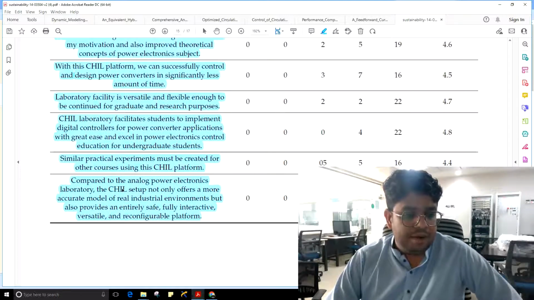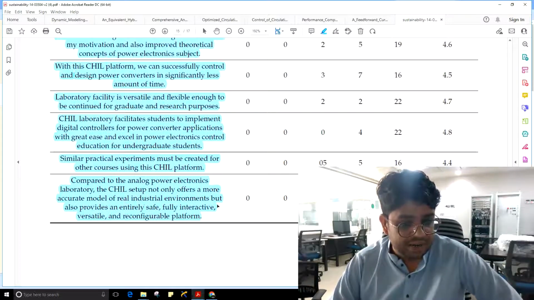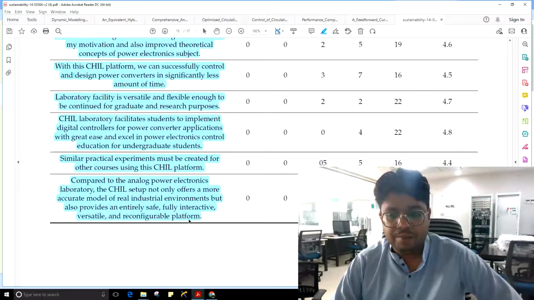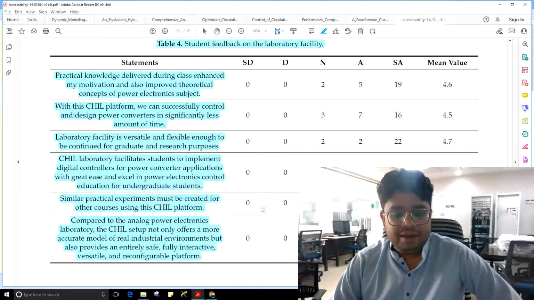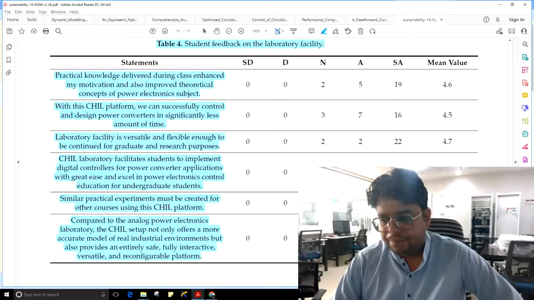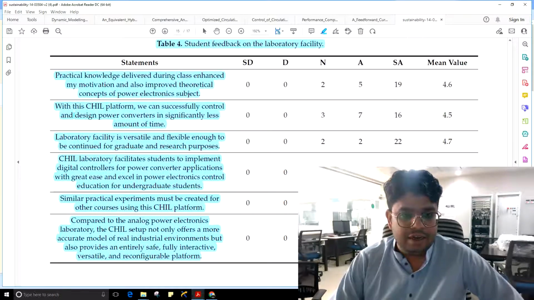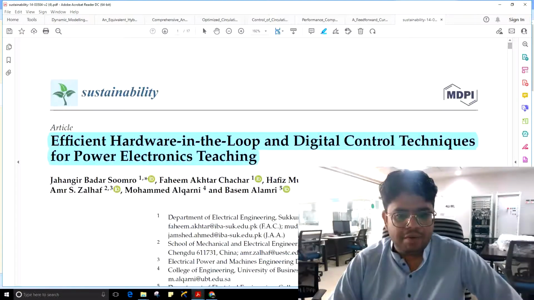Compared to an analog power electronics laboratory, this HIL setup not only offers a more accurate model of a real industrial environment, but also provides an entirely safe, fully interactive, versatile, and reconfigurable platform. The limitations of using this laboratory are that it needs a well-trained supervisor, and this hardware in the loop laboratory is costly. This setup is expensive. So these are two limitations of the setup. However,